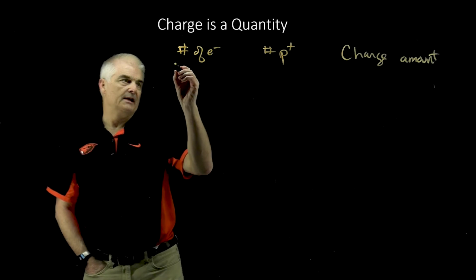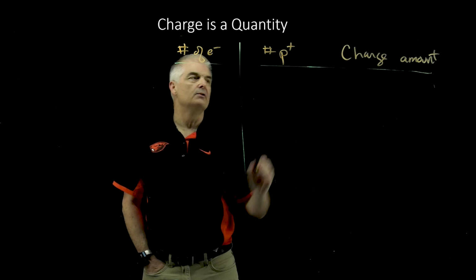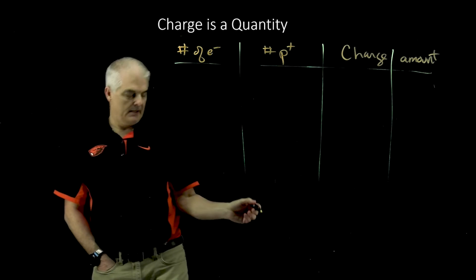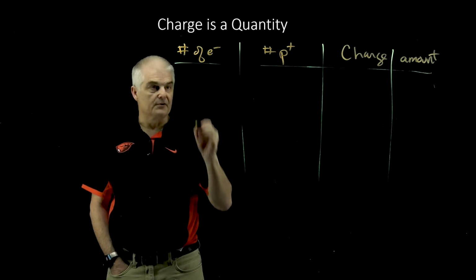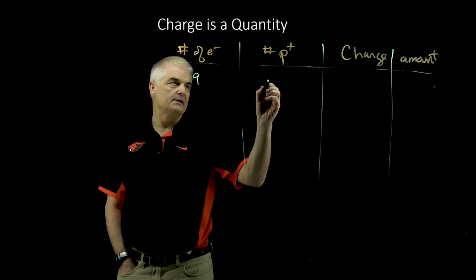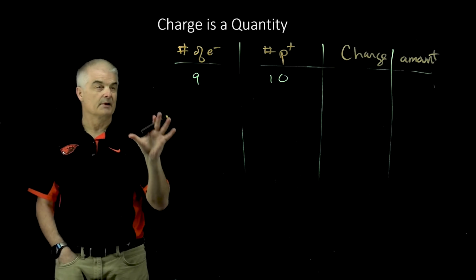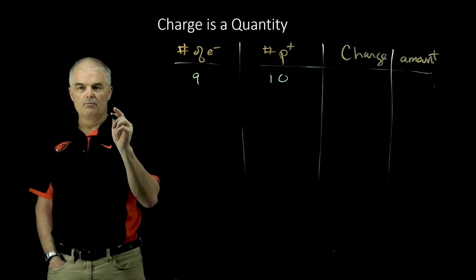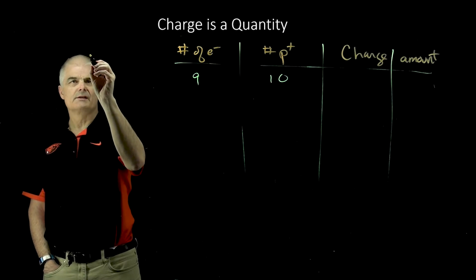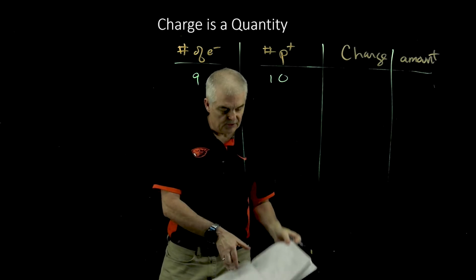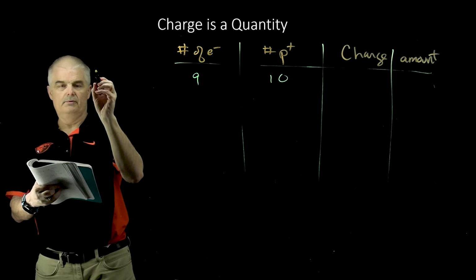So let's copy down this table in your notebook. And I'm going to say that I have, in the first case, 9 electrons and 10 protons. And actually, as I think about this, I forgot to tell you something. When we measure charge, we measure charge in something called a coulomb. And coulomb is spelled weird. It's Mr. Coulomb who kind of came up